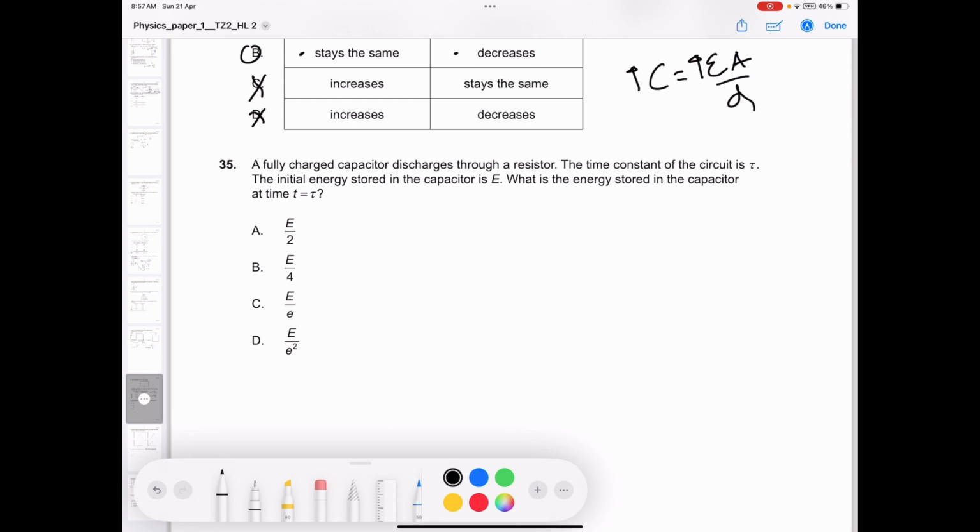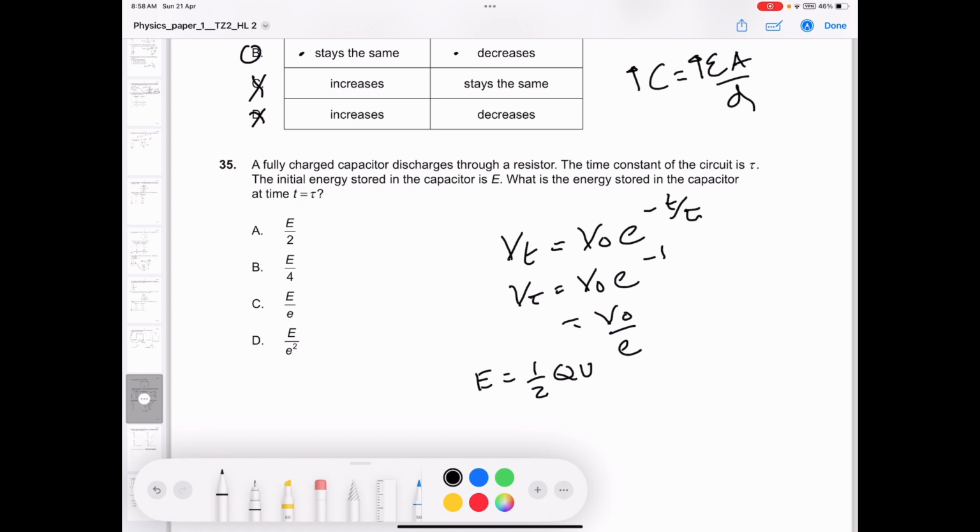So first of all, we need to know the discharge equation for the voltage. This is V(t) is equal to V naught e to the minus t over tau. Alright, so we're told that t is equal to tau, so at time tau this is going to be V naught e to the minus t over tau, this is minus 1, so it's going to be equal to V naught all over e. Now we also know that the energy stored in the capacitor is equal to a half QV. So